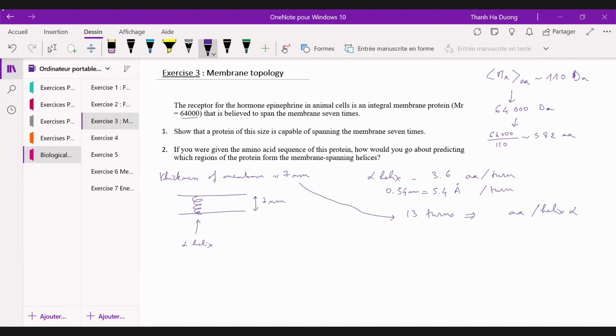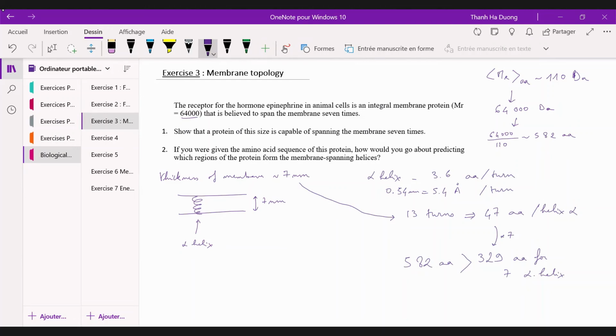47. Yes, 47, correct. So if you have 7 alpha helices of 47 amino acids, it means that you need 329 amino acids for 7 alpha helices, right? So this is less than the